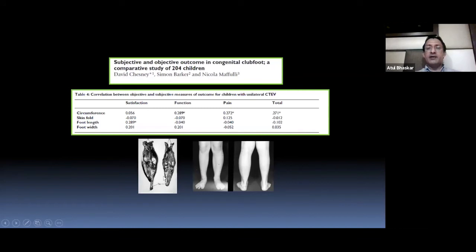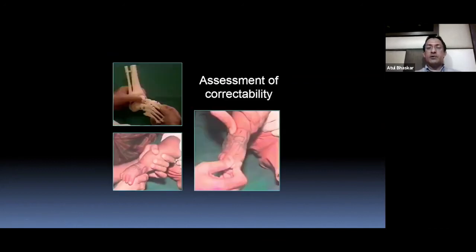So don't forget the leg as a whole when you examine the clubfoot. Many times in the exam the students forget and don't look beyond the foot. As far as the treatment is concerned, you will always start off with the Ponseti technique. You must know how to assess the foot, so you must have a mental picture of where to put your thumb and where to put your other hand. You must put this at the base of the first phalanx of the great toe, and the other thumb should be at the fulcrum, which is the talar head, just below the lateral malleolus.